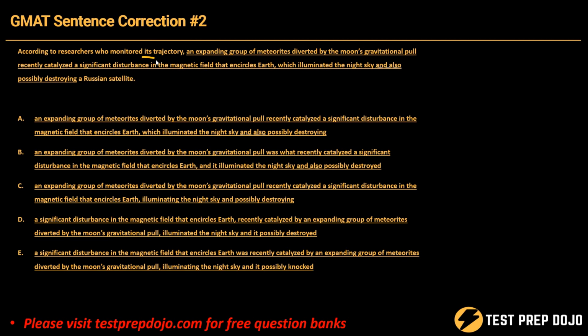So what are the researchers researching, and the trajectory of what object or objects are they monitoring? They're monitoring the trajectory of an expanding group of meteorites. And so this is what this ing modifier is intended to modify, if you grasp the author's intended meaning. So right off the bat, they're not monitoring the trajectory of this significant disturbance, and so